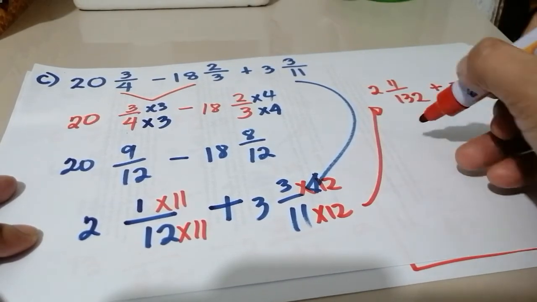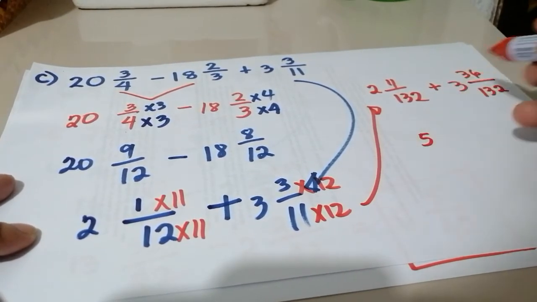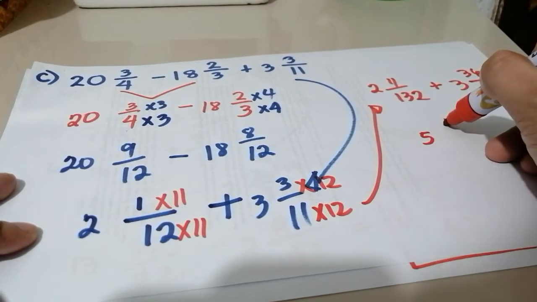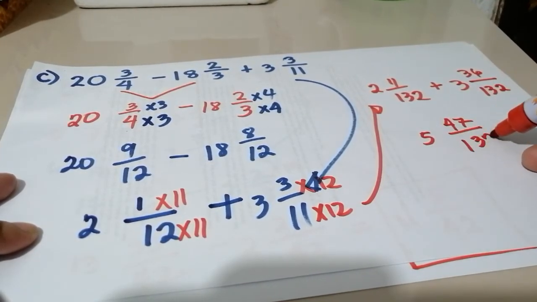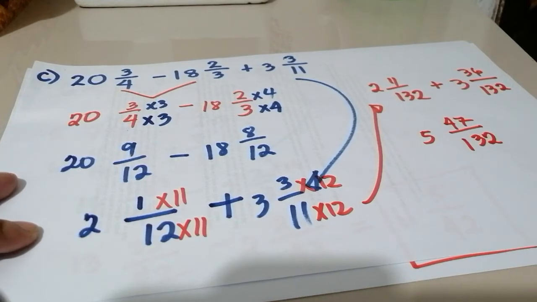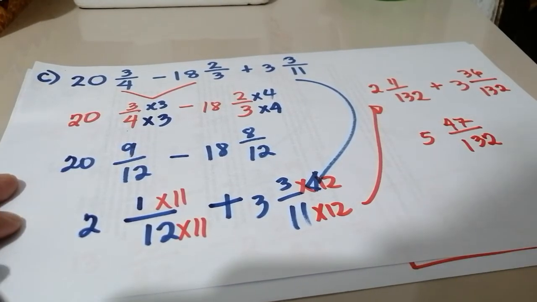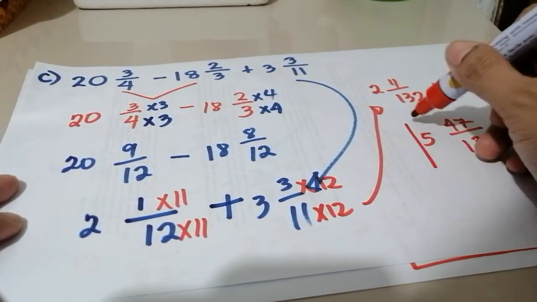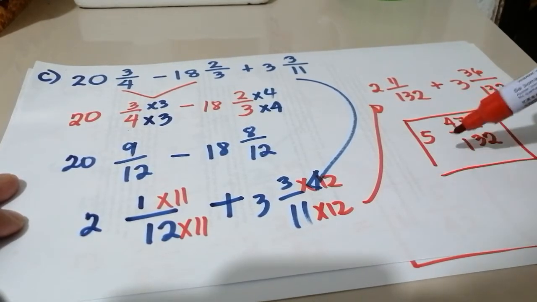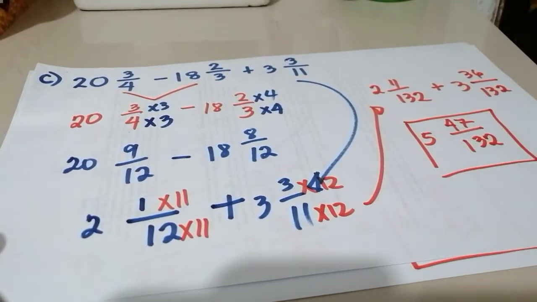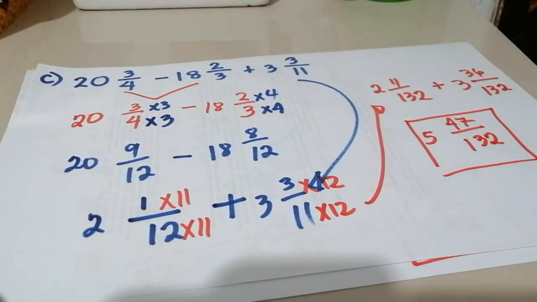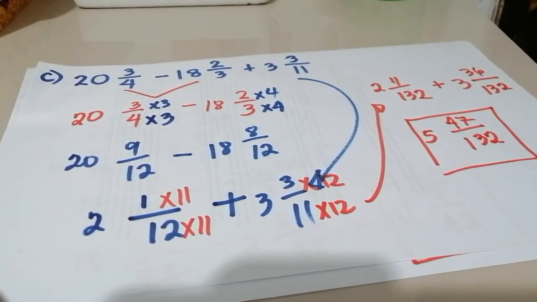So the answer will be 5 and 47 over 132. Okay? So, that's it. So, the final answer will be 5 and 47 over 132. Okay? Next